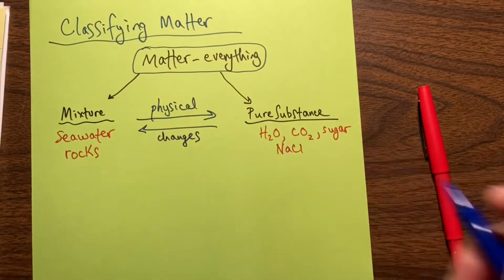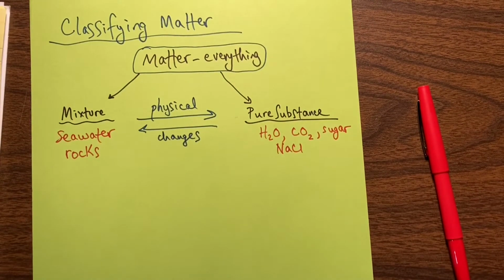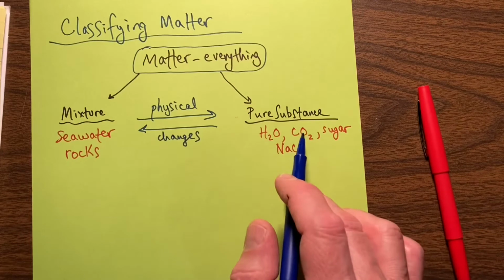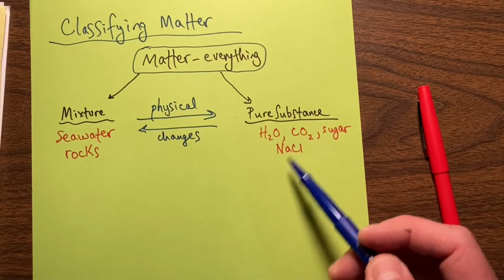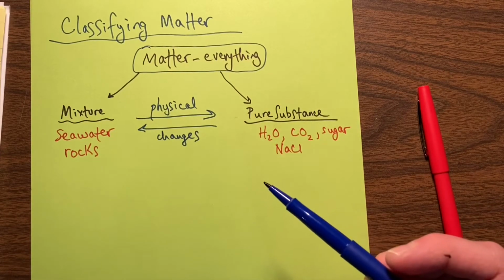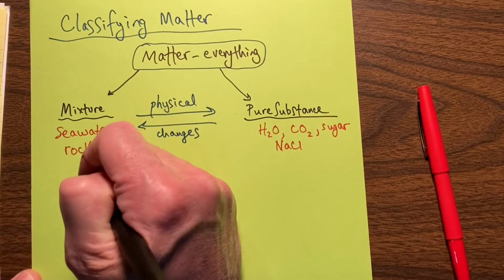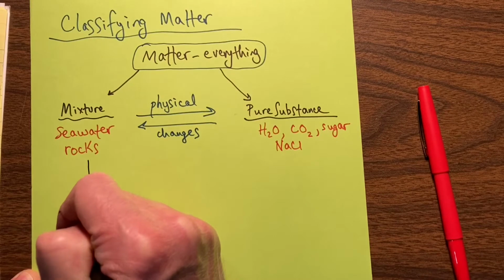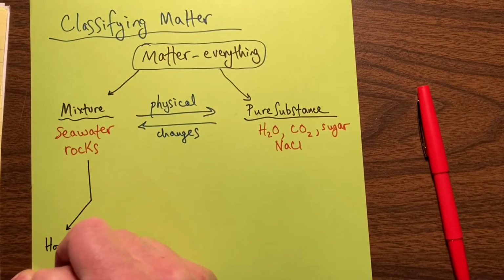What are physical changes? Things like filtering or boiling or melting. You can separate mixtures into their pure substances, but you cannot take a pure substance and break it down into its constituent atoms by physical means. You need chemical means. And if you take a mixture, there's two types of mixtures. Either you have what's called a homogeneous mixture,